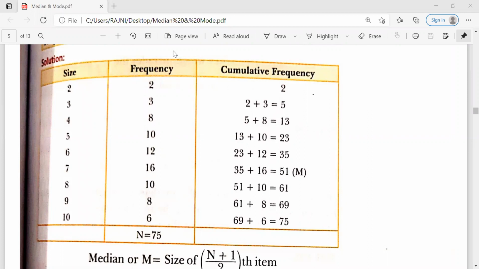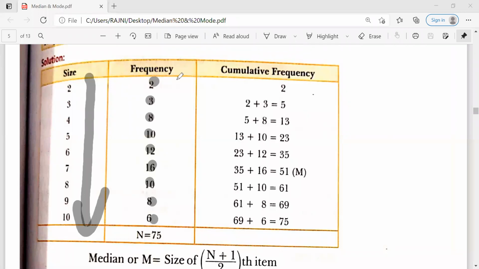After that, frequencies are also given. The frequencies of the series are 2, 3, 8, 10, 12, 16, 10, 8, 6. We have noticed one thing very carefully: the items are already in ascending order, right?